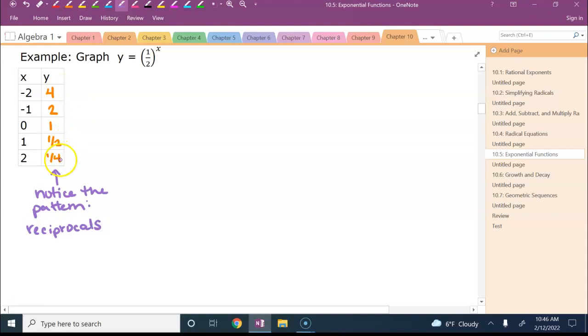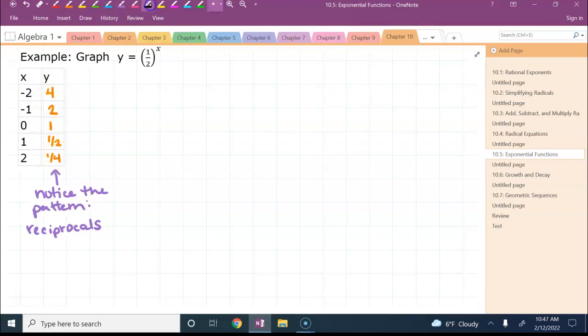4 and 1/4 are reciprocals, 2 and 1/2 are reciprocals. If I kept looking at -3, +3, -4, +4, I would see more reciprocals. But notice how these points have almost shifted in what they were doing compared to that last example. If I go to graph these ones,